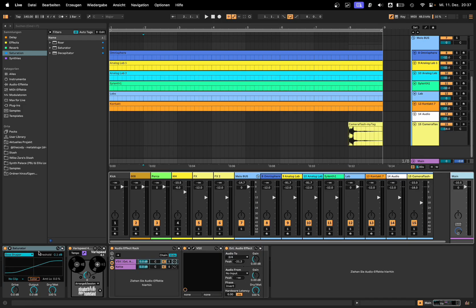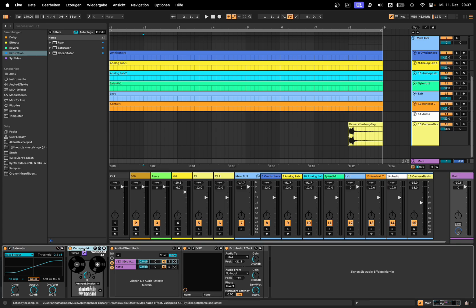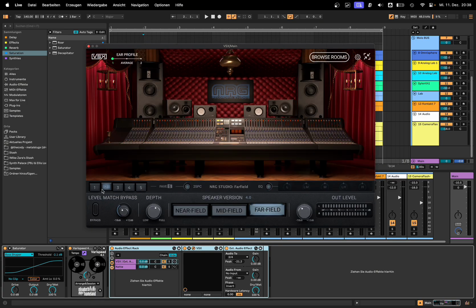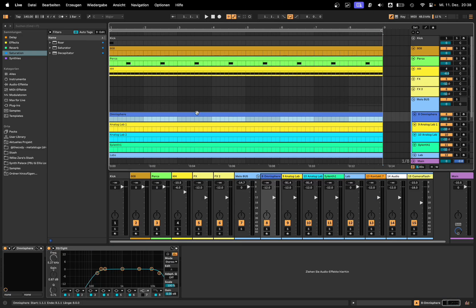On the master I got my saturator setting from the first tip. I got the Varispeed from the previous tip, and this one is because I use Slate VSX headphones, which sampled some different environments. Yeah, create a template. It really helps speed things up. I got a